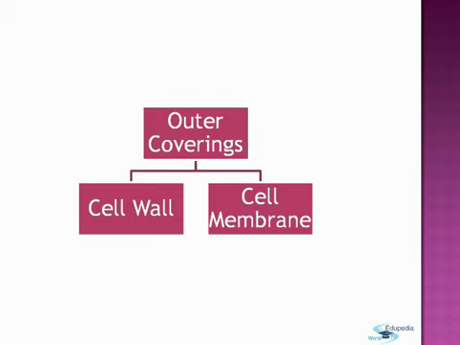Now regarding the cell wall, it is present in only few types of cells, which we are going to discuss later, but cell membrane is a universal character which is found in almost all the types of cell which have their own independent existence. This cell wall is a very important part as it protects the cell from the harsh